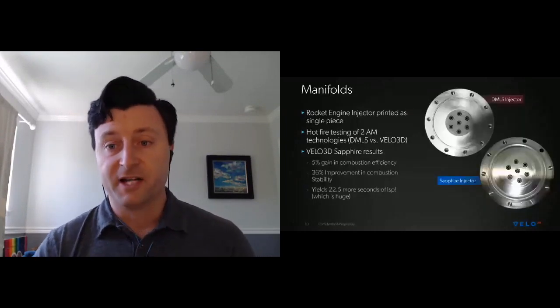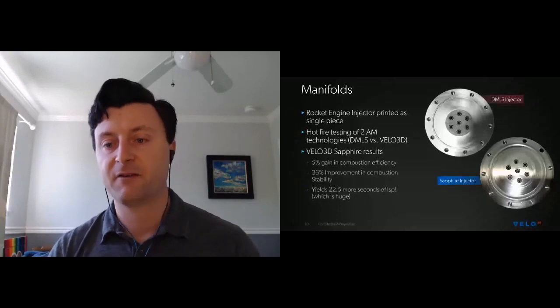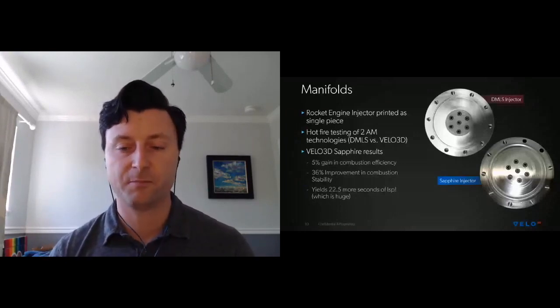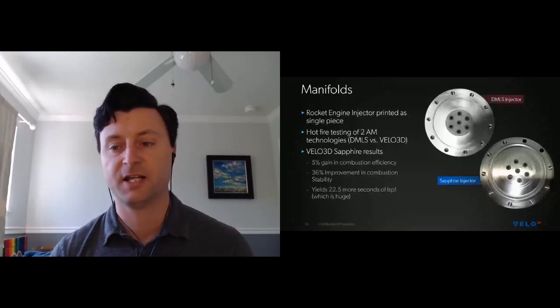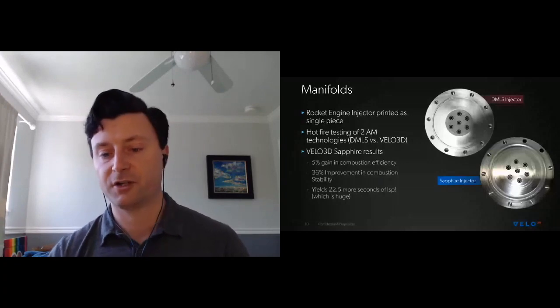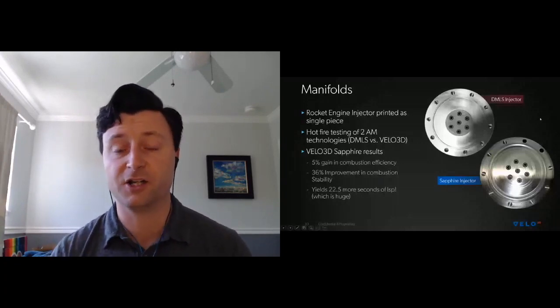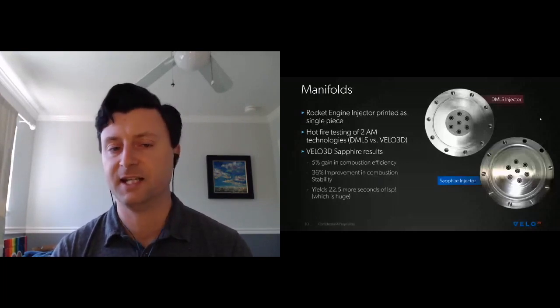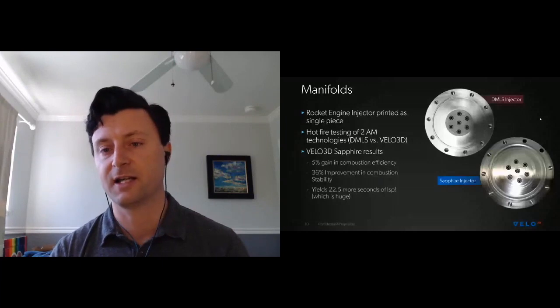The next category is manifolds. And manifolds are essentially a part with internal passages, fluid passages that connect in different ways. So we have a picture here of an injector. So this is a rocket engine injector, which at first glance may not seem like a really good candidate to